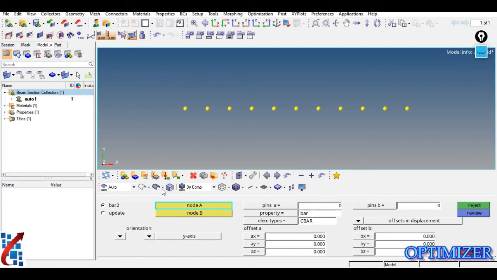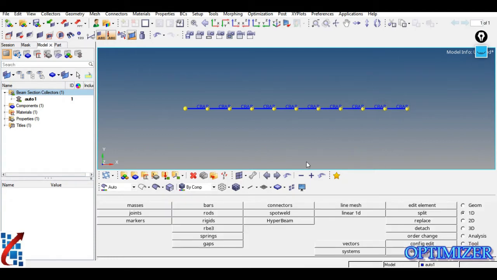I'm going to select the y-axis, as our length is in the x direction, so you need to select either the y-axis or the z-axis. Now from this to this, the first element is created. Likewise, I'm going to create 10 continuous elements from the first node to the next node. So 10 elements are created.